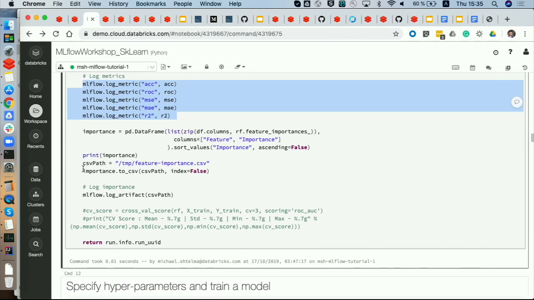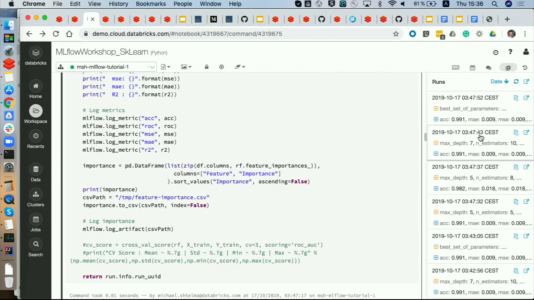Additionally, you can store any other artifacts in MLflow, anything you would like to. For example, feature importance data, a feature importance CSV file, you can also store it. You can maybe store some graphics, charts. All this is supported. So if we go to the MLflow run